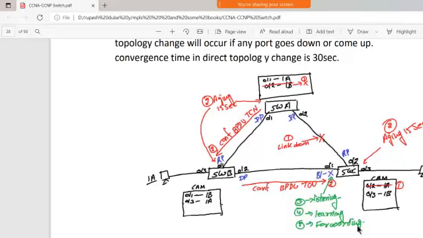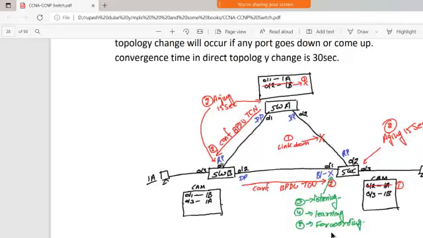So if any data will be there, how can the data travel on this switch? Means we have to find the standby port, that is, I have a standby way, right? Means the block port. So the backup ports are blocked. So this will find out, okay, I have the block port, means I have to move that block port into the forwarding state, means I have to make it a root port.